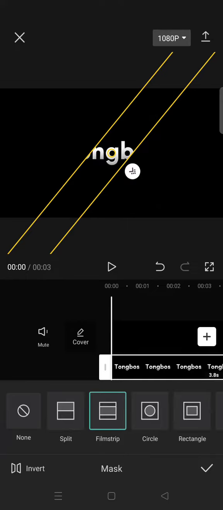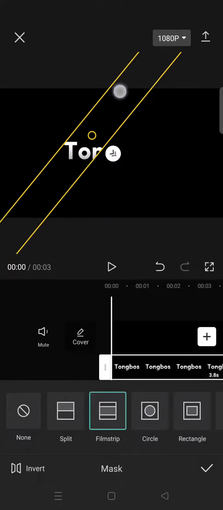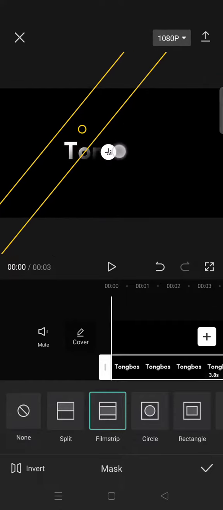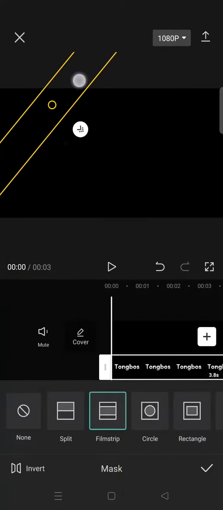Okay, around like this, and now drag it to the left corner and drag the edges here, drag the arrow to create some blurred effect. Okay, put it on the top left corner like this, and now just click on a check icon and add